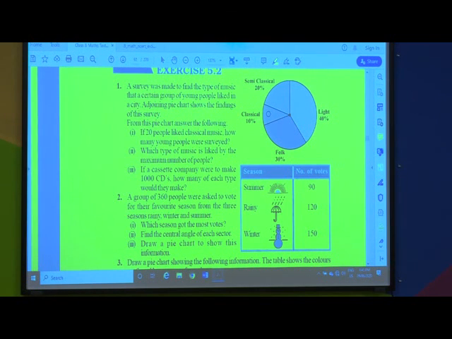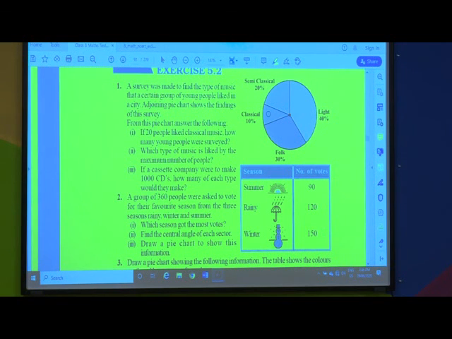The third question is, if a cassette company, cassette meaning CDs or DVDs, were to make 1000 CDs, how many of each type would they make? The question is like this: if the cassette company wants to make 1000 CDs altogether of light music, semi-classical, classical and folk music, what can be the number of CDs of each type they should make?